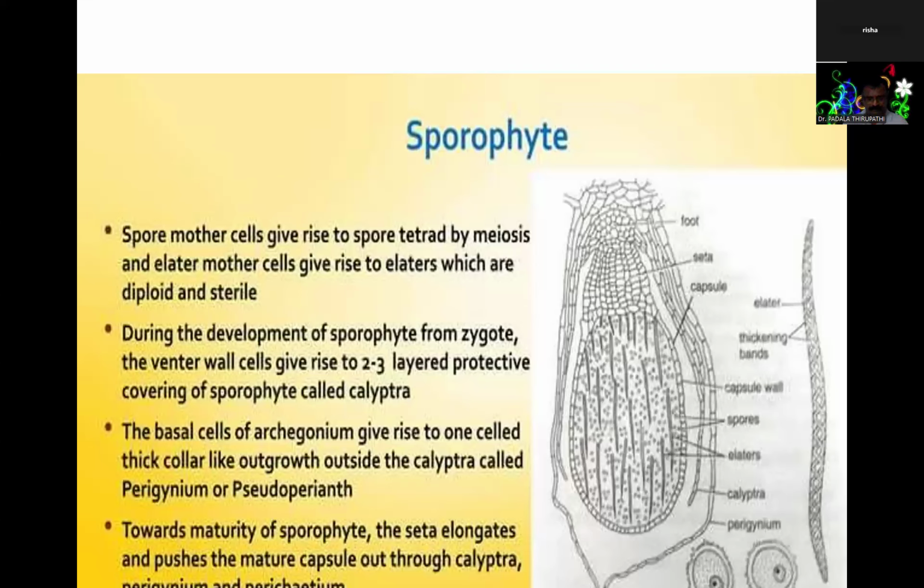The seta part above the foot, you are seeing the seta. In between the foot and the capsule, seta is present. So that will suddenly elongate and push the mature capsule out through the calyptra, perigonium, and pericardium layers. So it comes out. And afterwards, the outer wall of the capsule, the jacket wall of the capsule, breaks,